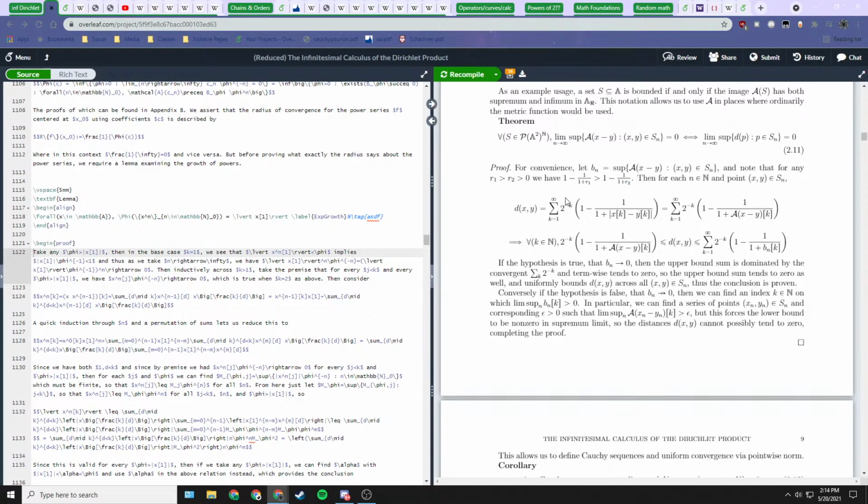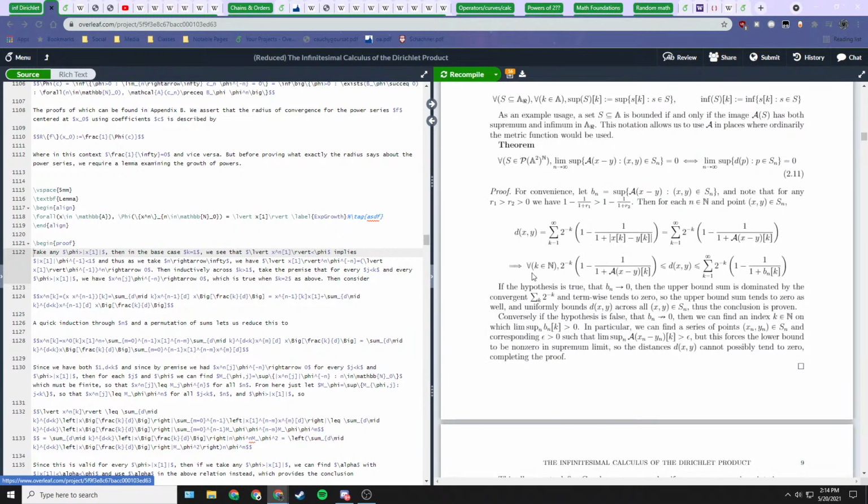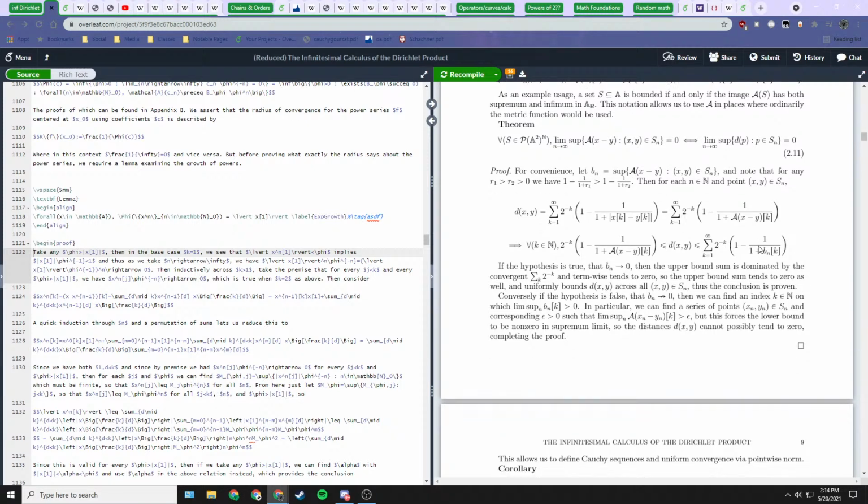So if we apply this distance function over these differences, this is just the sum of the absolute difference of x minus y on some index. And that implies that for every index k, 2 to the power of negative k times this thing is less than or equal to this distance metric, which is then less than or equal to this summation.